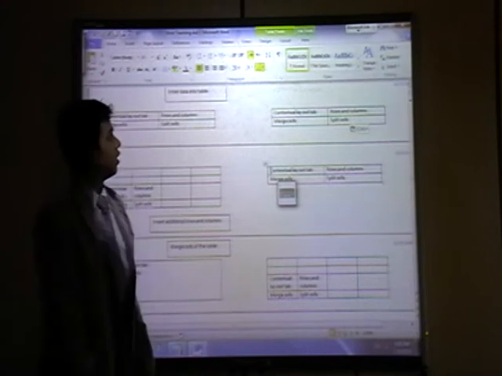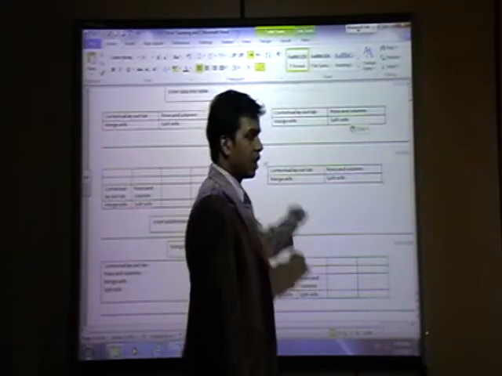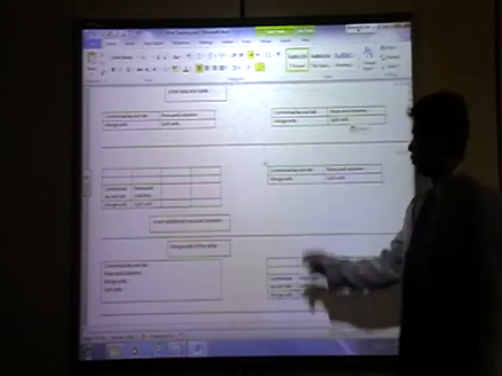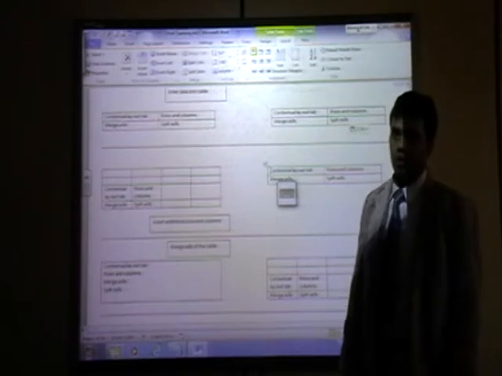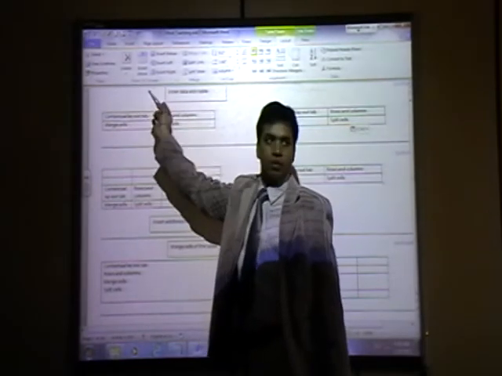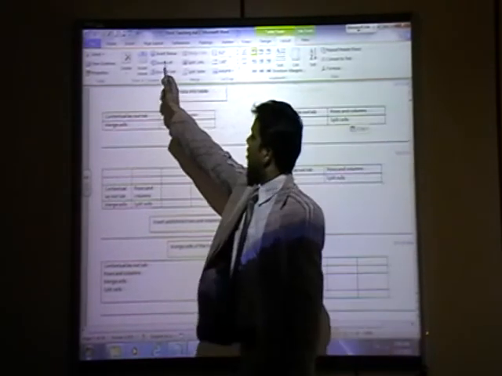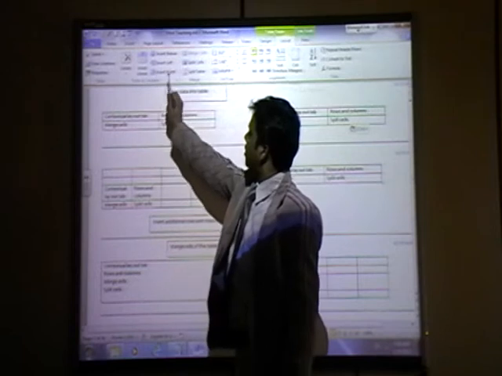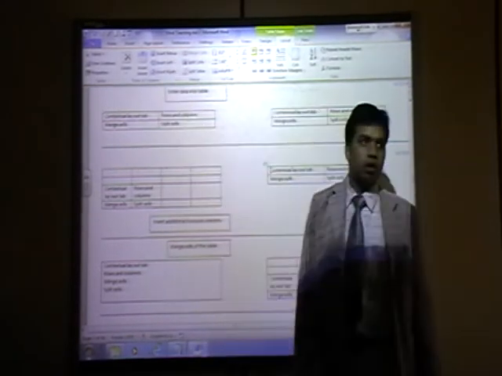Click inside. There are 2 methods. First method I will tell you, using layout. Click inside, go to layout. When you go to layout, you can see rows and column group. In the rows and column group, there is insert left, insert right, insert above, insert below.